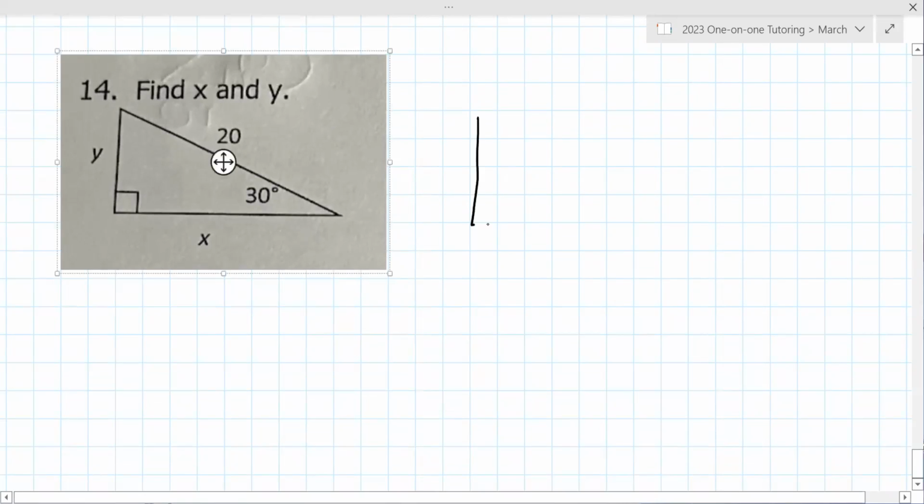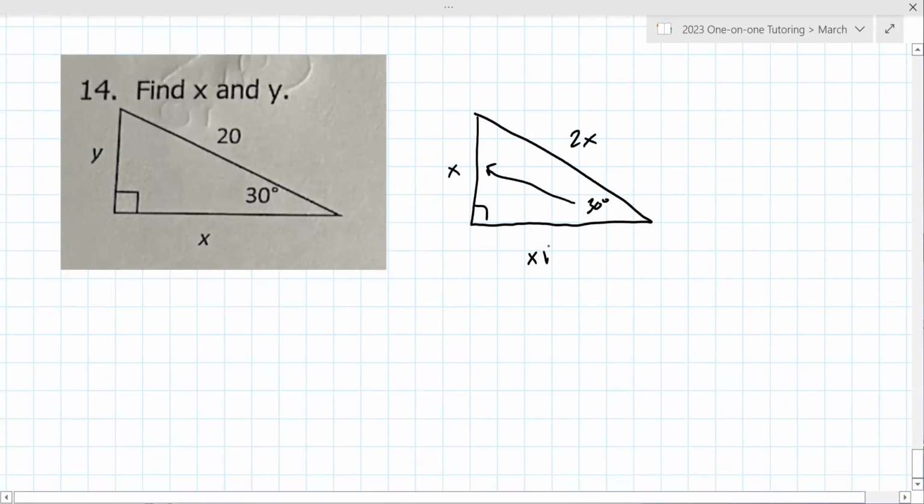So just like the previous problem, you want to draw the reference triangle. Now 30° is always across from the x. The hypotenuse is 2x. The long leg is x root 3. Which are they giving you in this problem? The hypotenuse? You set the known side equal to the reference side, or in this case, 2x equals 20,